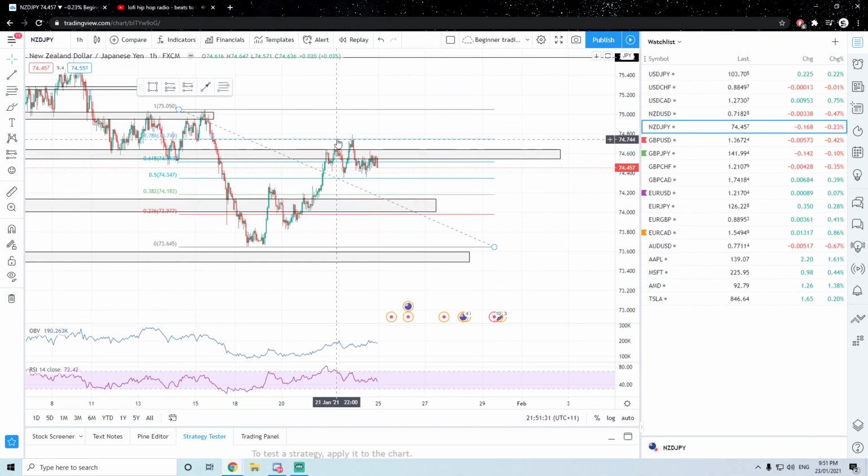So here we can see that it rejected at this 0.786, and now it's saying that it's going to start dropping. So possibly for me, if I can see a break and retest of this area here, I could enter in, but as of right now, I feel a bit late to enter in on this trade,